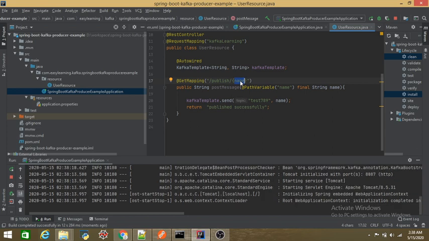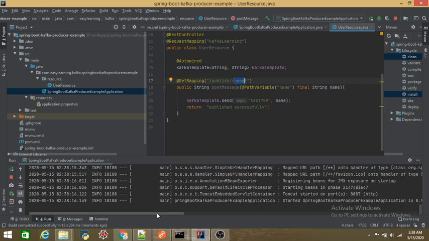You can see that my server has been started. Tomcat started on port 8087, started application. So let's go to the browser and hit this on 8087. You can see 8087 kafka learning / publish /, and we need to give some name.